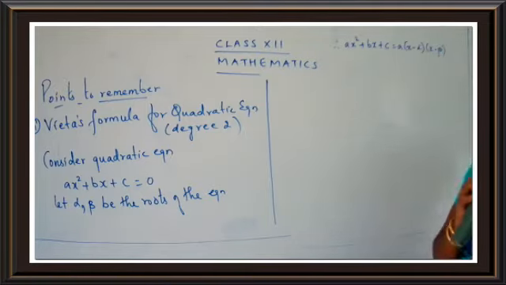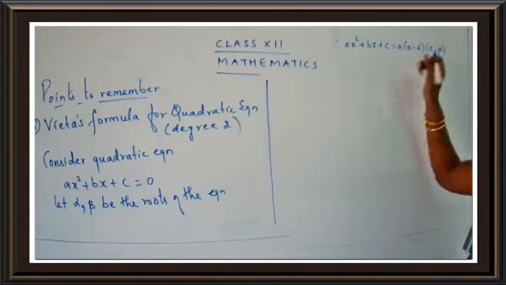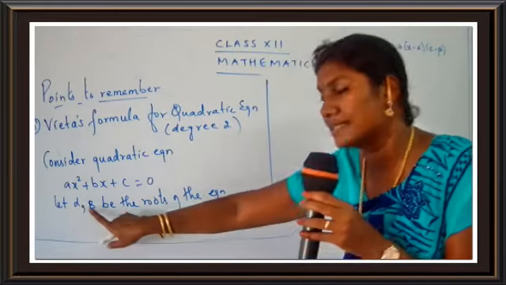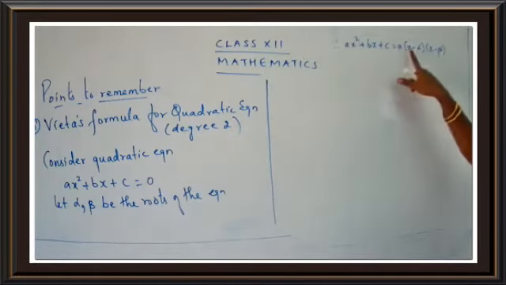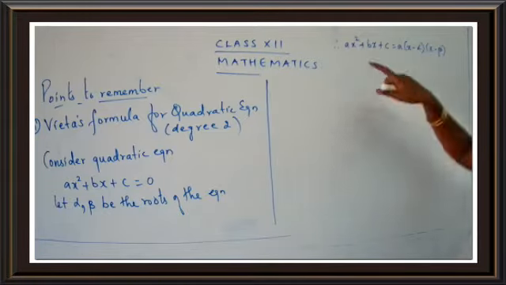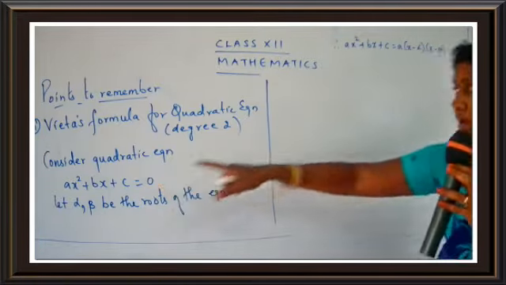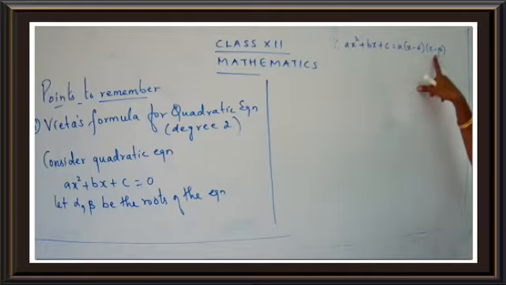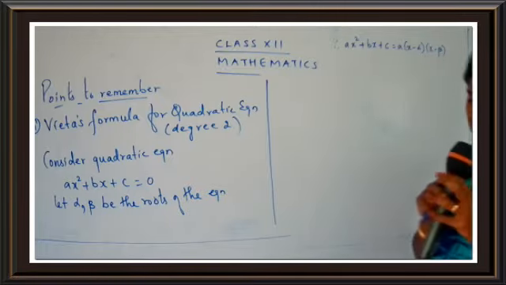So what you have to do? In place of 0, you are going to take the two roots. What are the two roots we have assumed? We have assumed the roots as alpha and beta. So you are going to write as a into x minus alpha, x minus beta. So we have just replaced the 0. How have we replaced 0? A into x minus alpha, x minus beta. Okay children, lay down the steps.